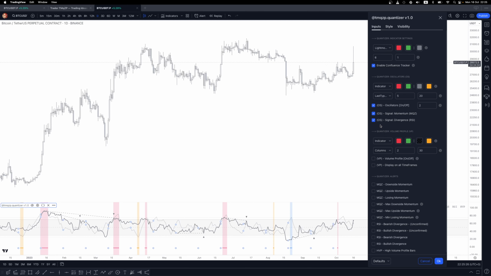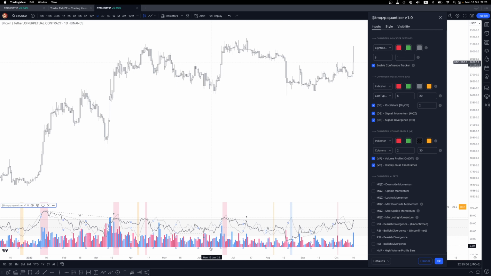Right. So the last part is the volume profile. And what this does is it's essentially just a standard volume indicator, but I've customized it a little bit to make it a bit more, just some quality of life improvements, I guess. And one of the things is that, well, if we turn it on, you can actually see that it doesn't work on the daily. That's because you need to activate this display on all time frames. But yeah, it's just your regular volume